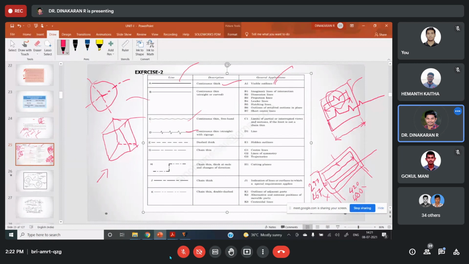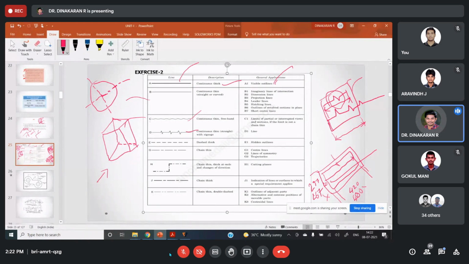Cutting plane. I want to see the back side of the object. How will you see the object? That is inner sectioning, through sectioning. For through sectioning, we need to cut the object. For that, we use an imaginary cutting plane. We are cutting through one plane, which is imaginary.